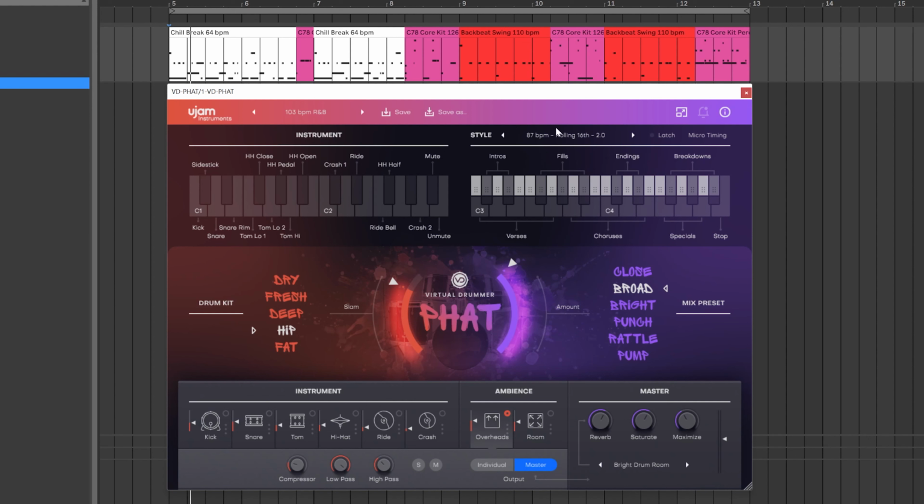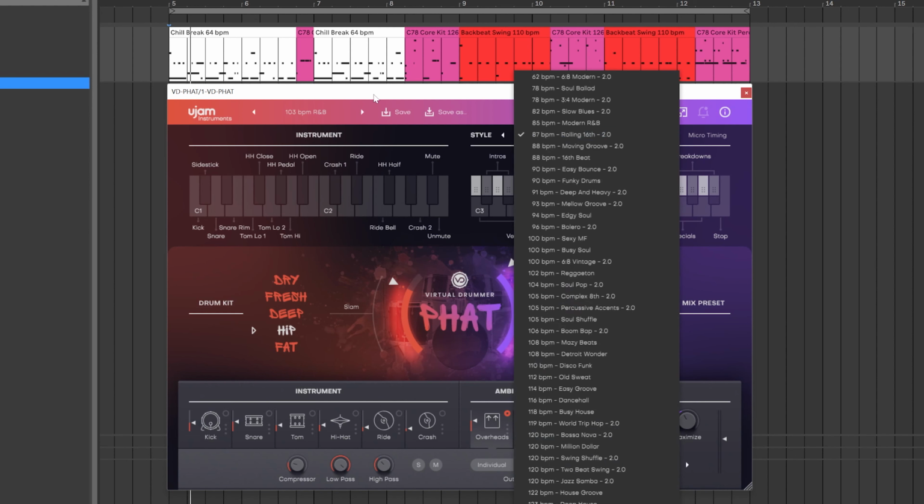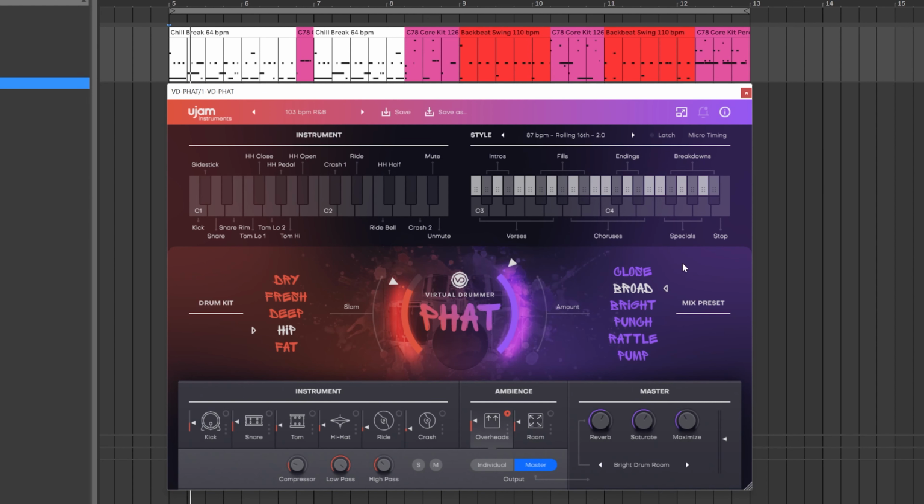And the cool thing about those, right, is as I said, we've got just about 1,400 of them. Not only can I choose the preset, when I choose the preset, right, it's going to change everything. It's going to change the instruments. It's going to change the drum kit. It's going to change the effects here in the middle. It's going to change the mix preset, the master settings and everything, and give me a set of style MIDI